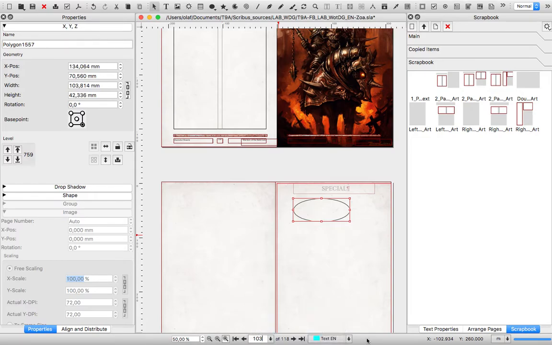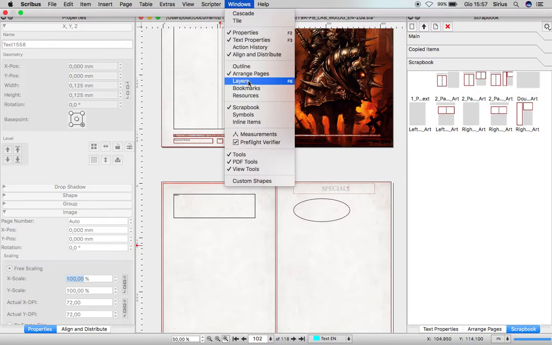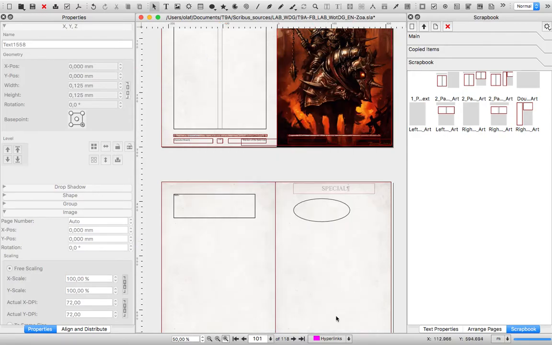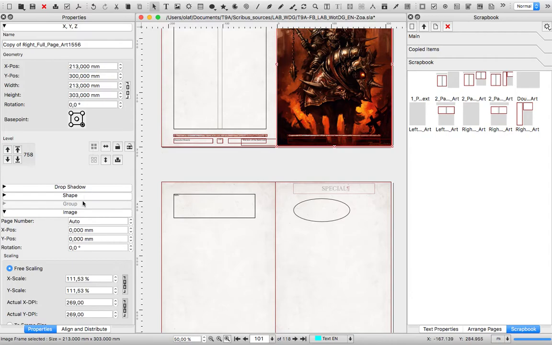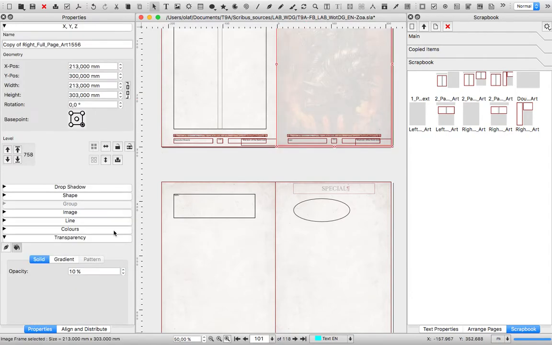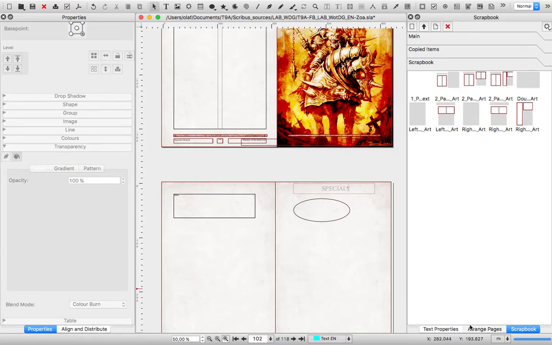If you are not familiar with layers, you can imagine layers as sheets of stacked paper. The upper ones will cover the contents of the bottom ones, but you can change either the layer's opacity or an object's opacity in order to see the contents below the now partially transparent layer or object. This can be helpful in many ways. I suggest you place all the texts within one single layer because otherwise hyphenating your texts will be a little bit cumbersome. In the Arrange Pages palette there is a section called Document Pages.